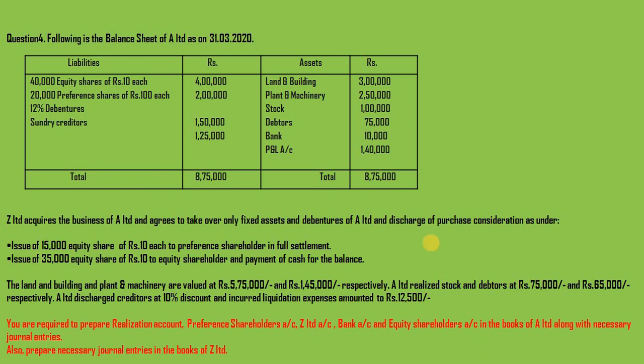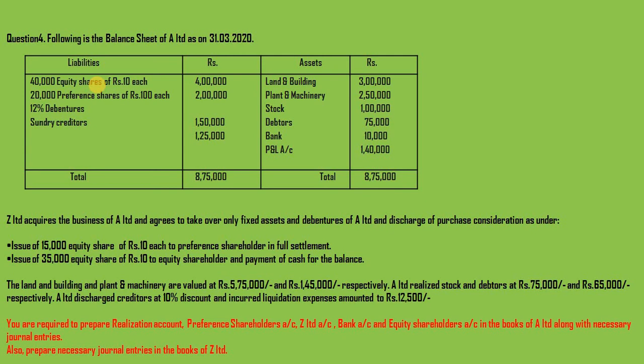Okay, now we know already, right? Assets, right? 1, 2, 3, 4, right? This is fictitious assets. This is bank account. Okay, assets will be transferred to the debit side of realization account. This will be transferred to the debit side of equity shareholders account, and we have two liabilities. It will be transferred to the credit side of realization account. These equity shares will be transferred to the credit side of equity shareholders account. Preference shares having 2 lakh value will be credited to the